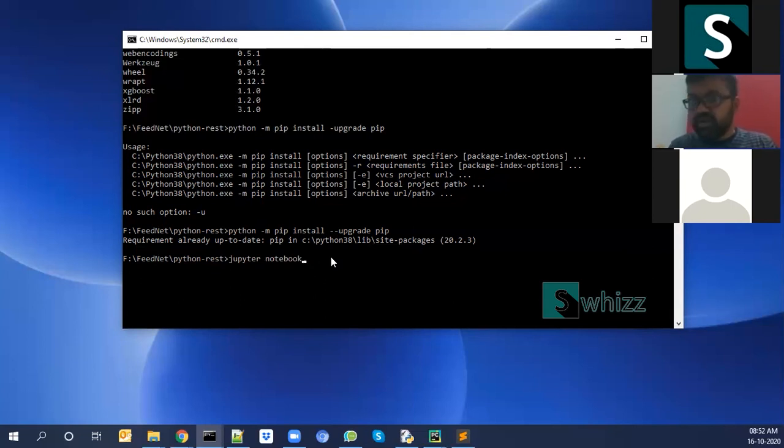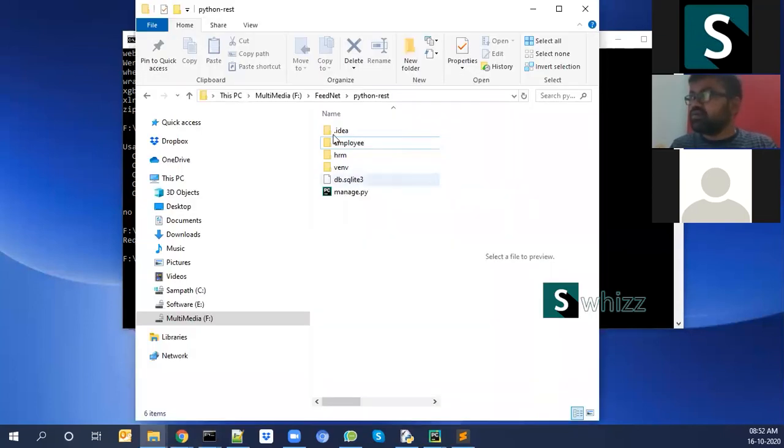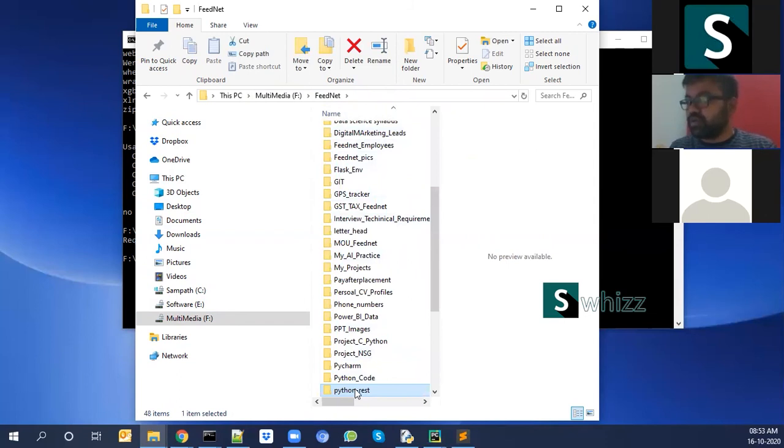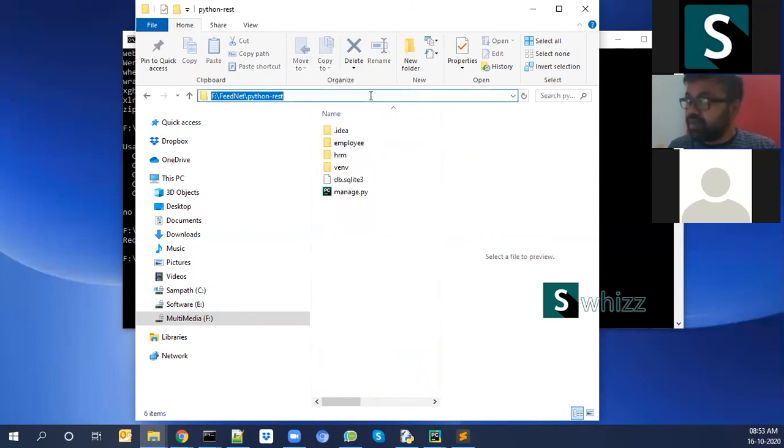Before that, create a Python folder, like I created my Python folder somewhere in my F drive. You can create a Python folder in your E or D drive. Go to that particular location and create a specific folder for Python. Okay, from that path, just type jupyter notebook,